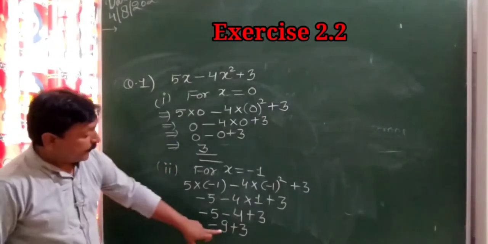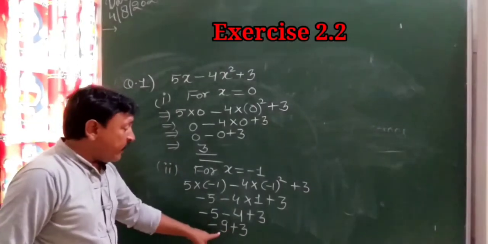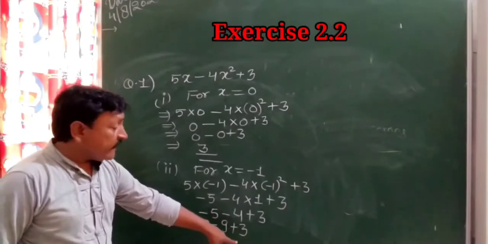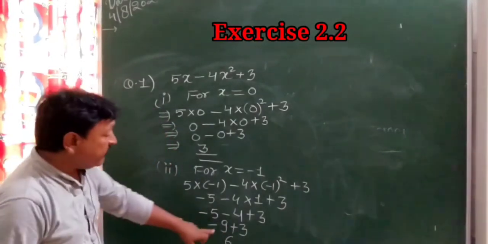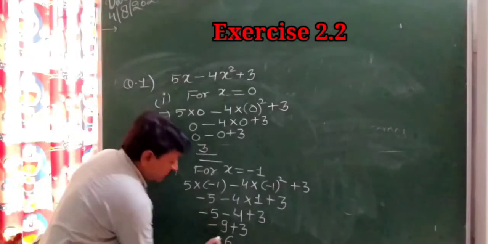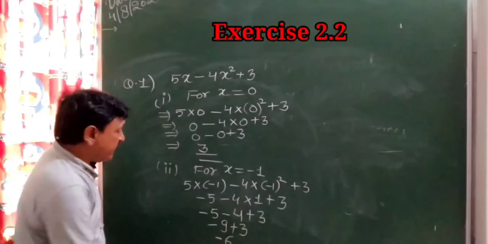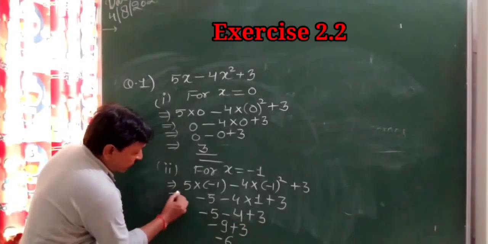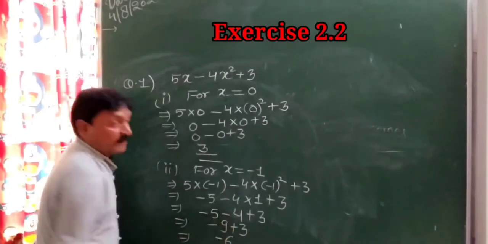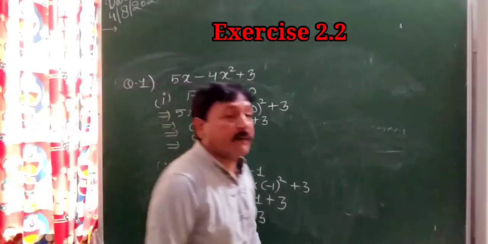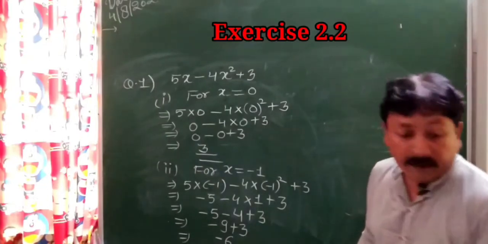Again, plus and minus: in this case what we have to do is subtract the smaller value from the larger one. 9 minus 3 is 6, and the sign will be that of the larger value, so it will be minus, because 9 has the minus sign and 3 has the plus sign. Is it clear? Whenever you are solving this question, always keep these signs very clear in your mind, otherwise your calculation will become wrong. Okay, just see it.